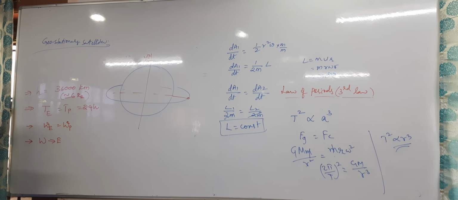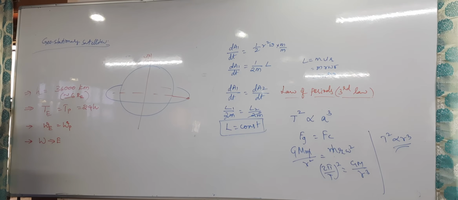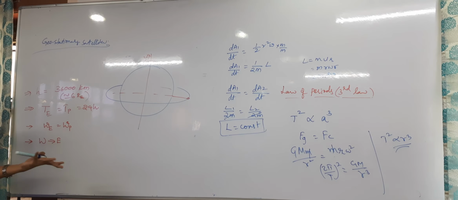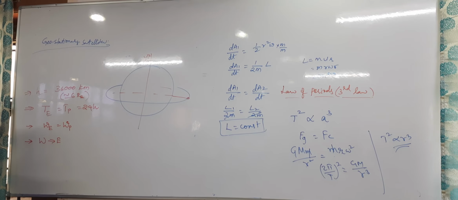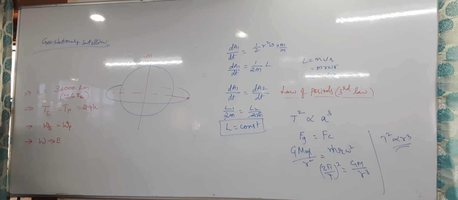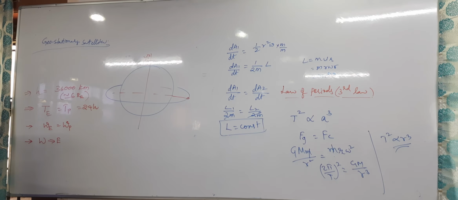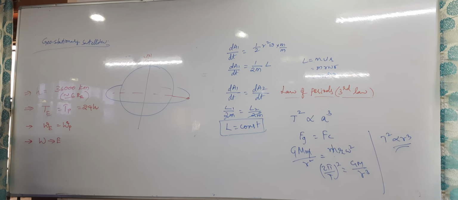Geostationary, what is the meaning of that? Whenever you are observing from the earth, you will feel it is at rest. For example, let me take that I am the earth and this is the geostationary satellite. Whenever I see it in front of me, it is at rest. Why? Because my speed and its speed are both the same, right? Relative velocity is how much here? 0. Zero relative velocity means it will be at rest. Whenever I rotate like this, meanwhile it will come from here to here. And whenever I rotate in this direction, meanwhile it will come from here to there. So whenever I observe, I will feel that the satellite is at rest only. So only we can say it is a geostationary satellite.